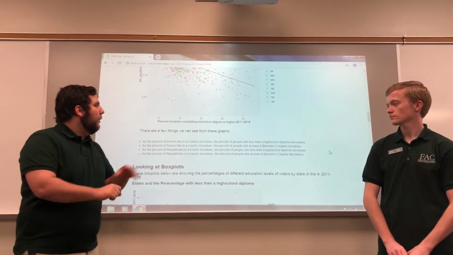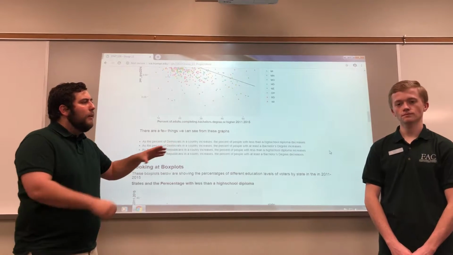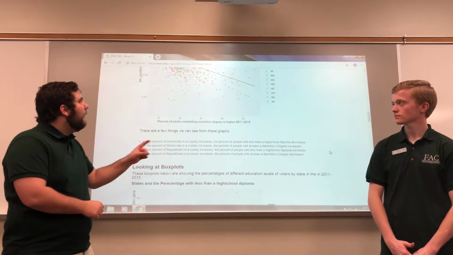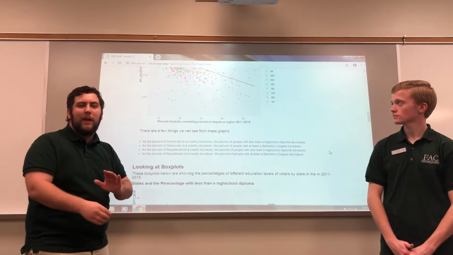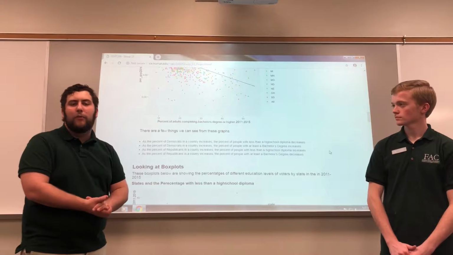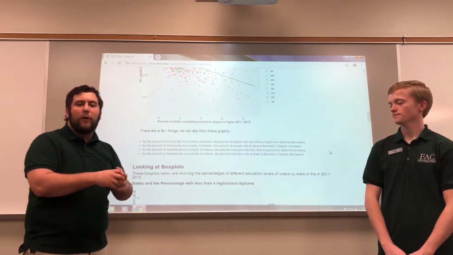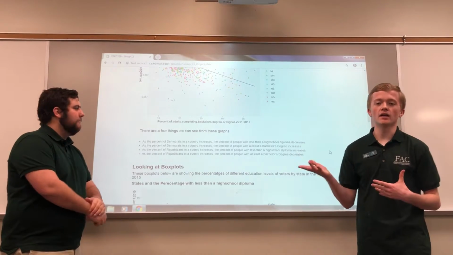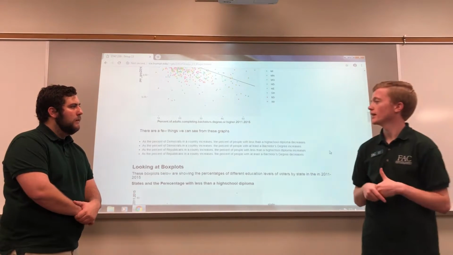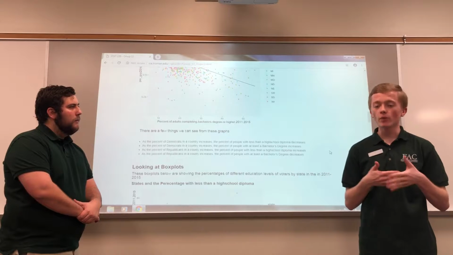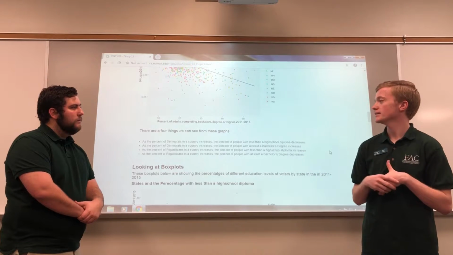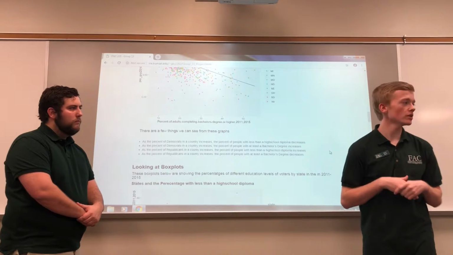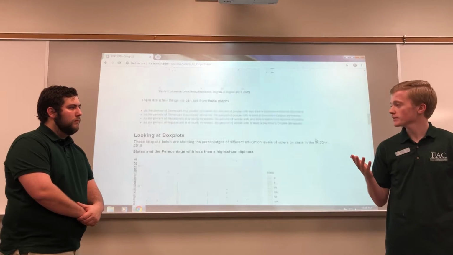Once again, it's really important that we included that line of fit, because for a majority of those scatter plots, it's really hard to see that overall trend. We identified one of the scatter plots that kind of showed that trend, but we made sure to add that line of fit so we could draw that trend, and so we could focus on the trend line on all 4 of our scatter plots. And like you said, those are kind of hard to interpret without that line of fit, so we wanted to head into some different ways to analyze this data to see if it matched the kind of conclusions we drew from this first section. So now we're going to move into box plots.